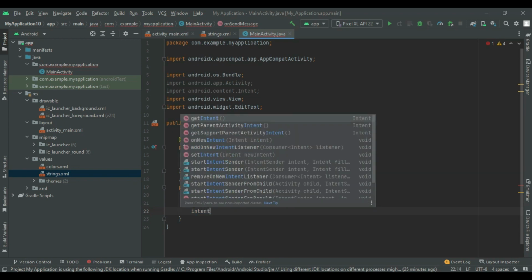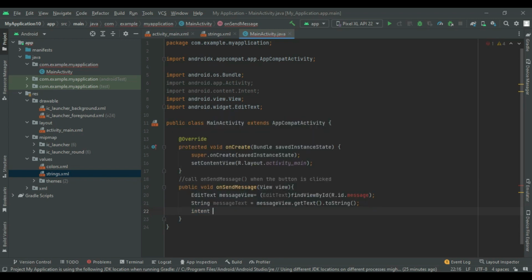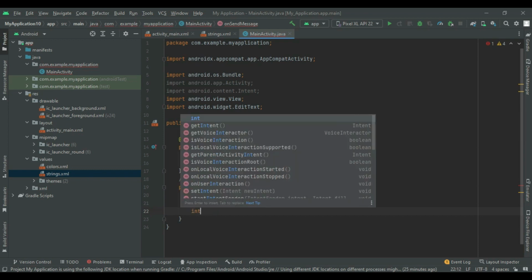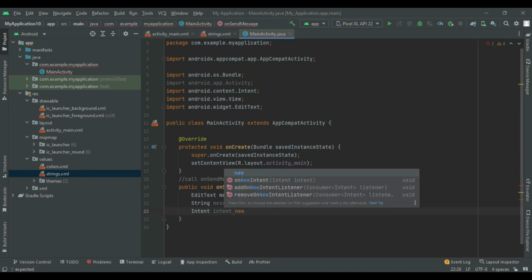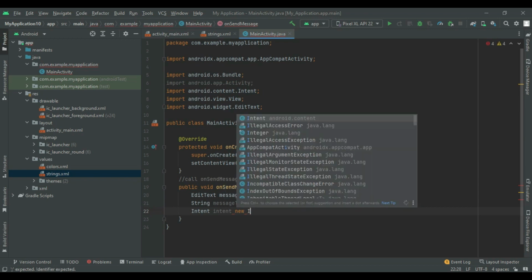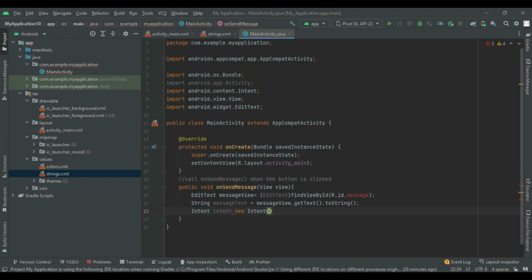And now we will create the object for the Intent class. So I will type Intent, it should be capitalized. So Intent intent. Now this intent is the object of Intent class, and we will provide the memory for this new object through the new keyword,